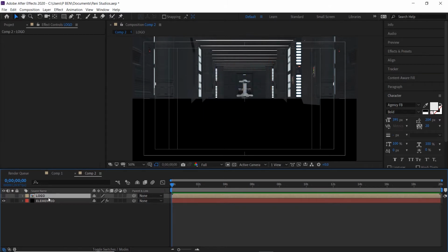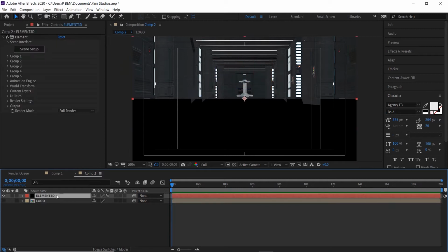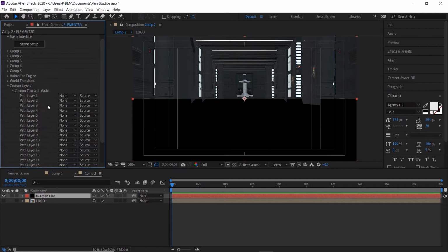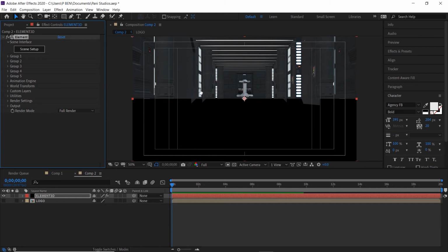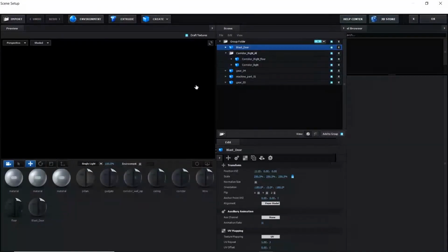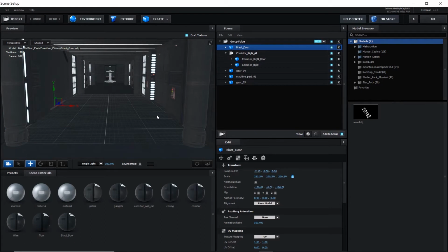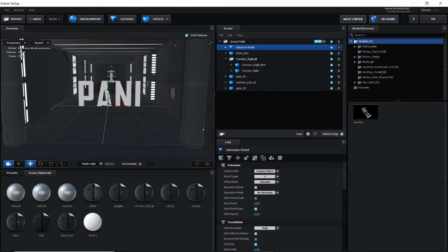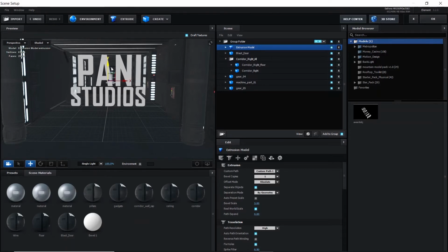So bring this logo downwards, then I'm going to custom layers, text and masks, then I drop down here, I'll go to our logo, source, masks, then open scene setup. So I'm in my corridor now, so I'm going to extrude it. So this is our Panis Studios, so we bring it up a little bit. Okay,